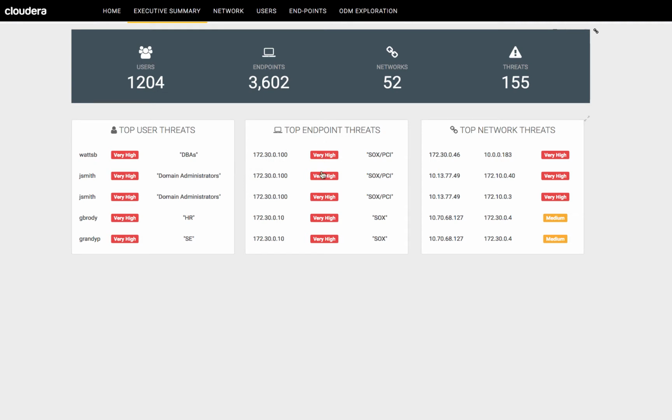Similarly, if we look at the top threats from the endpoints, we're using context from the endpoints to help prioritize those. In this particular case, we're prioritizing based on the regulations that the specific endpoints are governed by. This seemingly simple executive view leverages the open data model and machine learning algorithms in Apache Spot, where we have